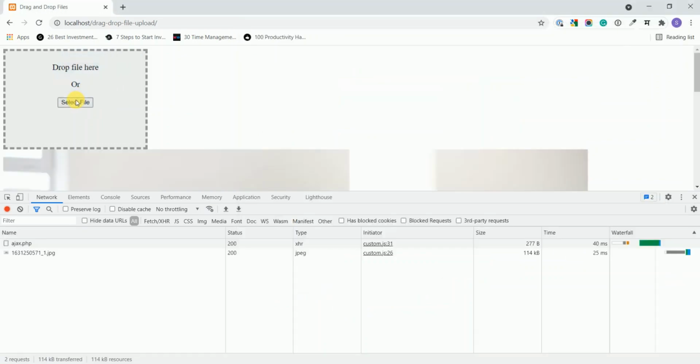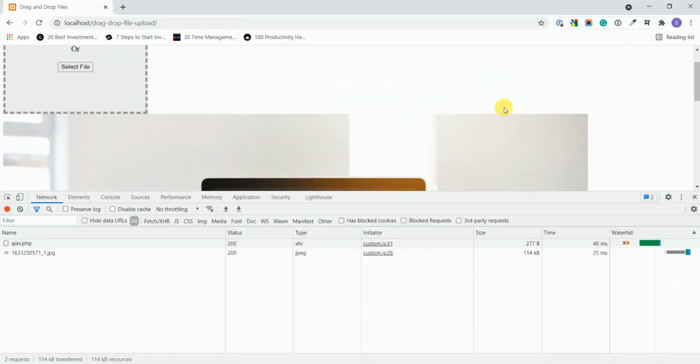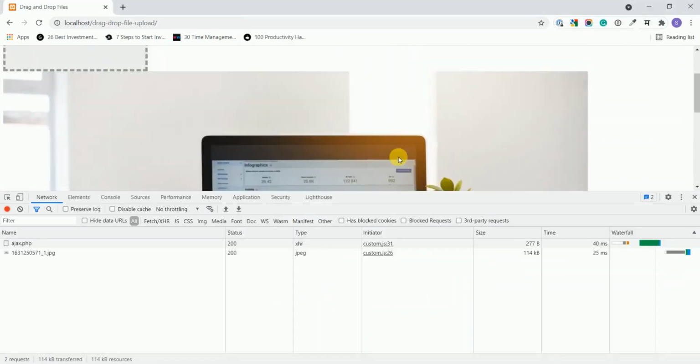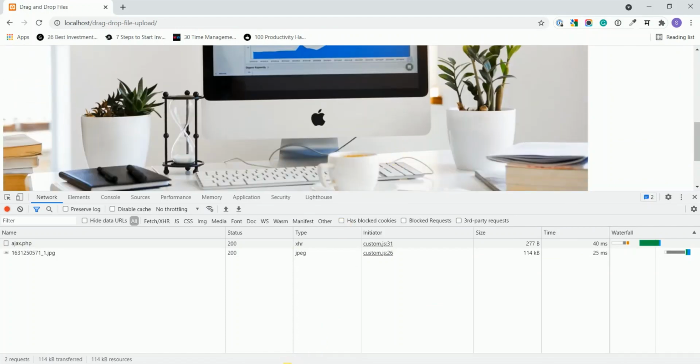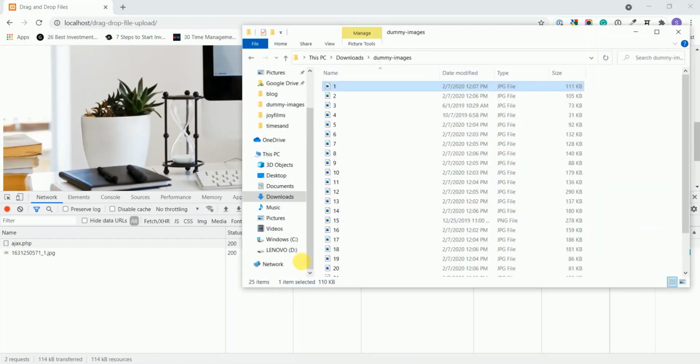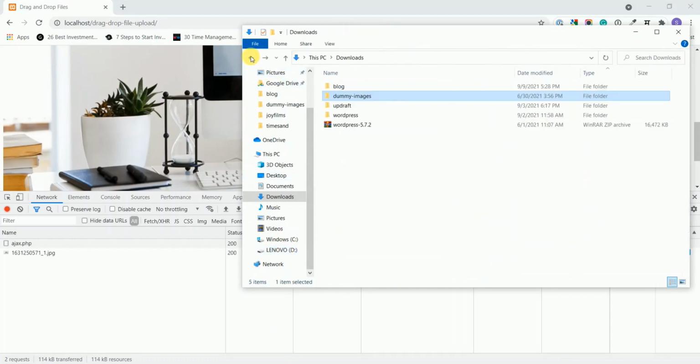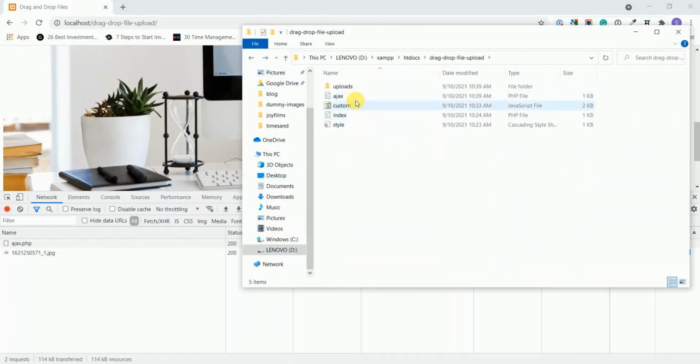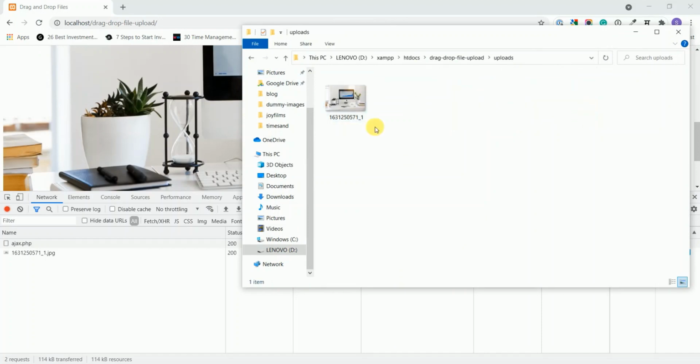Yeah, it gets uploaded and here our image is printing. Now I go to my directory. Here my uploads directory is created and it has the files which we just dropped here.